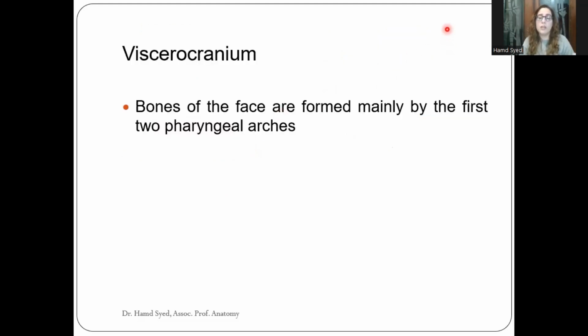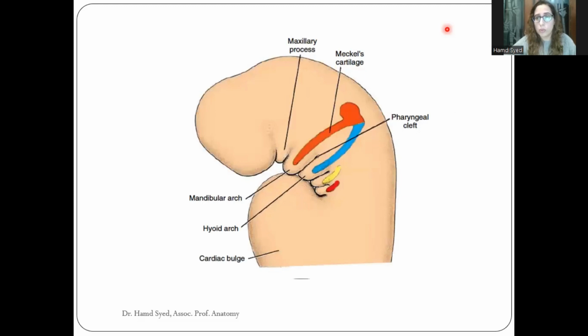Now that we have discussed the neurocranium, we have talked about the brain box. Now we're going to come to the second part of the cranium, which is the viscerocranium or the facial skeleton. When we talk about viscerocranium, remember the bones of the face are formed mainly by the first two pharyngeal arches. If you recall from the previous lectures of embryology, pharyngeal arches are the bars of mesodermal tissue which appear in the head and neck region in the 4th to 5th weeks of embryological development. So they are about 4 to 5 in number, and the first two contribute to the formation of the